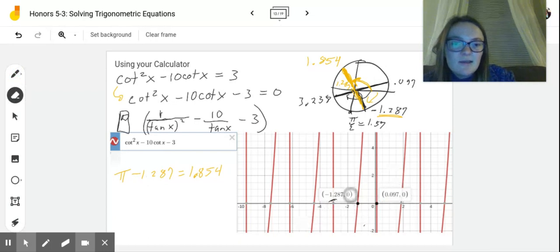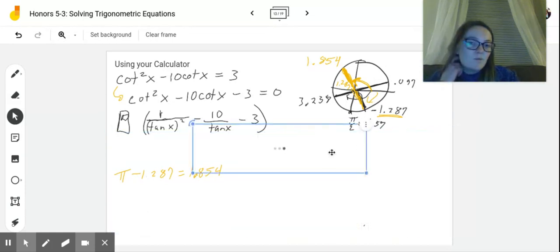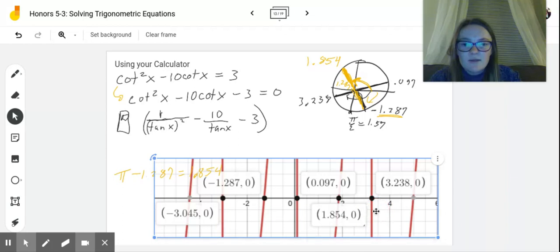All right, what I want to show you guys is something cool, because we are in the online era. I'm going to show you how Desmos can show you pretty much the whole solution. I'm going to take this out and copy and paste what I have on Desmos. On Desmos here, we can see that all of the solutions are represented. We have 1.287, the negative 3.045, which I think is out of our region, 0.097, 1.845, and 3.2838. What I want to look at is how do I know when to cut off